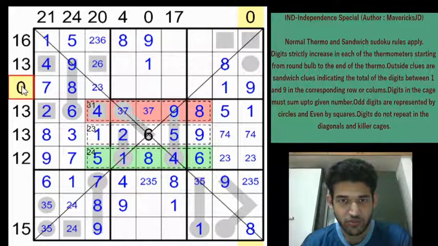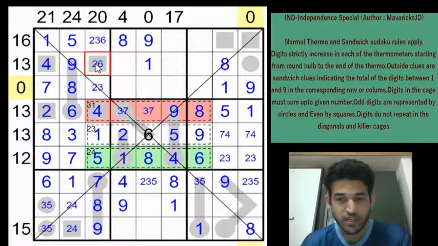Right, we have made use of the 0 total. Let's look at the 13 total. We have the 9 and the 1. We need 13 from these two cells. You can't obviously have a 2 here because then 2 plus something would need to be greater than 9. So this will be a 6, right? And this will be a 7. So this will be a 2 or a 3, and because of this 7 you get a 3 here and a 7 here.